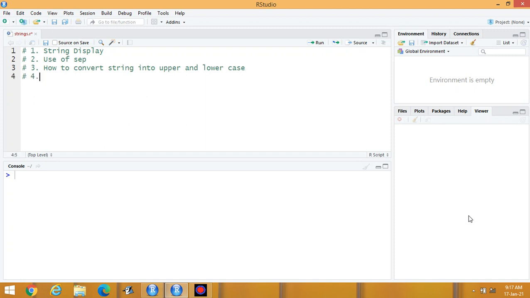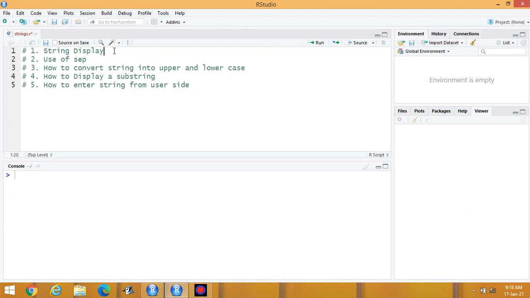Number 4, how to display a substring. Number 5, how to enter string from user side. These are the topics I am going to discuss.